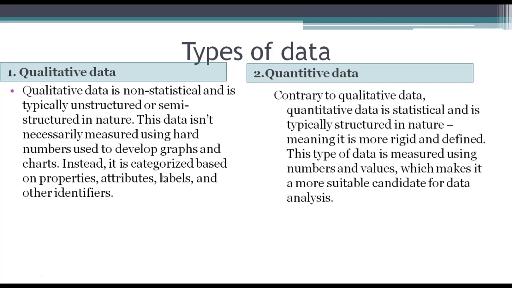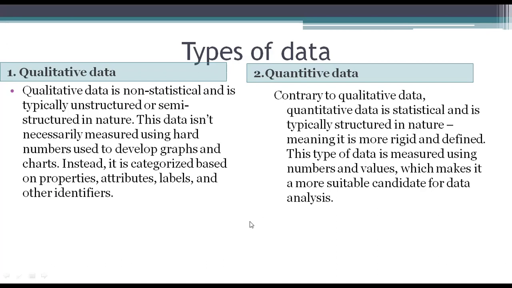So quantitative data, contrary to qualitative data, is totally opposite to qualitative data. Quantitative data is statistical and is typically structured in nature. So these are numbers and structured, meaning it is more rigid and defined. This type of data is measured using numbers and values. For example,